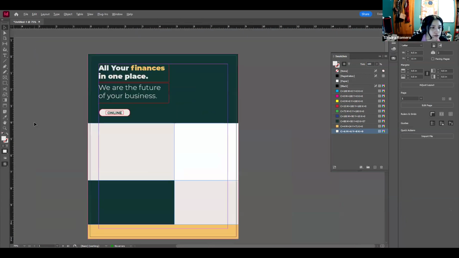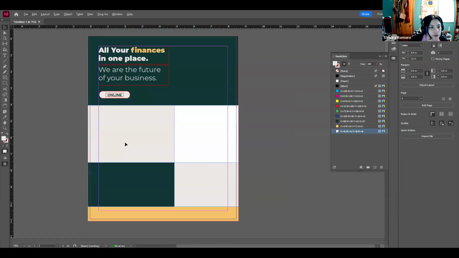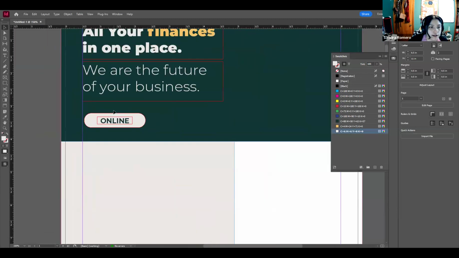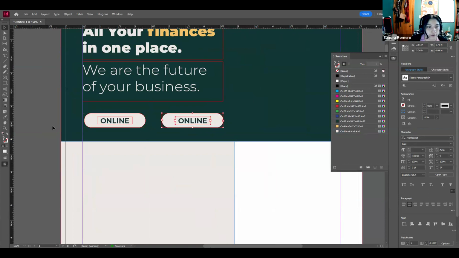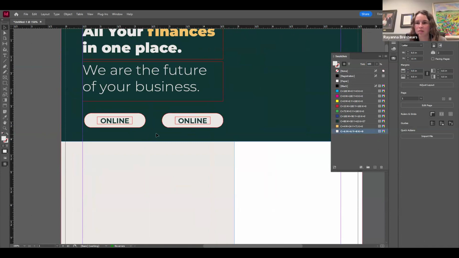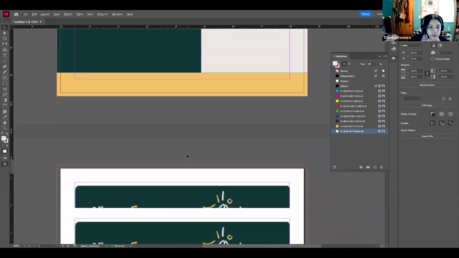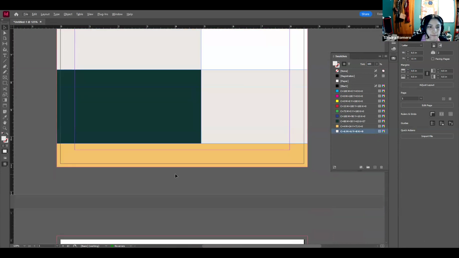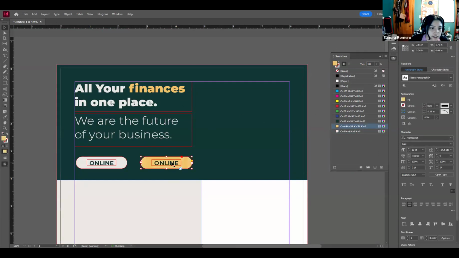Okay, now if I scroll away, yep, that looks more like what we're trying to do. And now I can do that entire thing again, or I can select both of these, hold Shift and hold Alt so that I can click and drag this. And now I have 2. Okay, so I need to change this to look like that. So I'm going to click this, change it to the yellow,